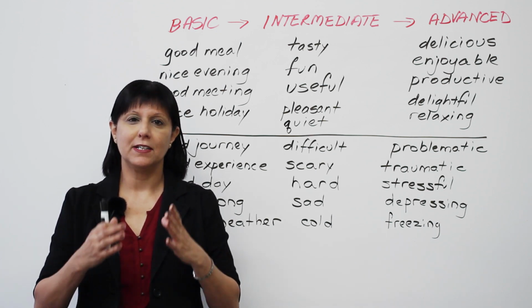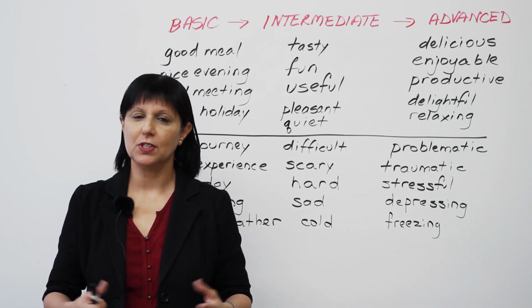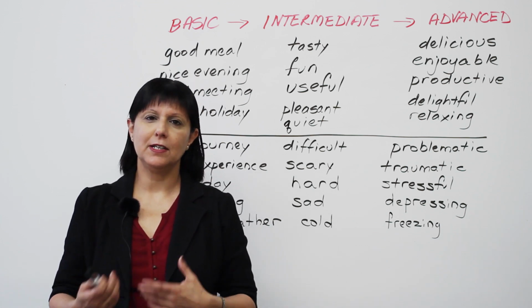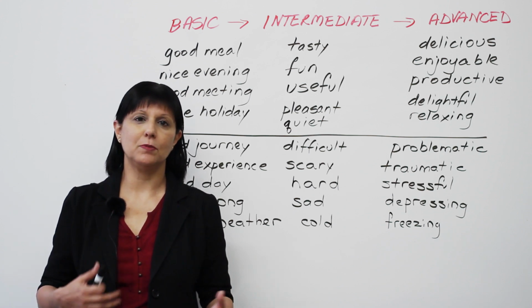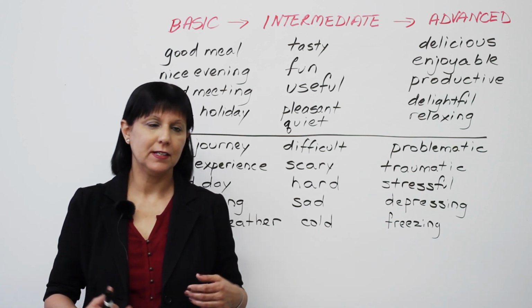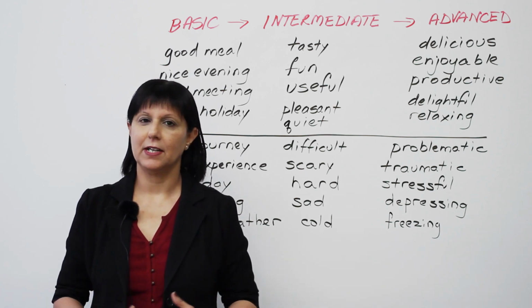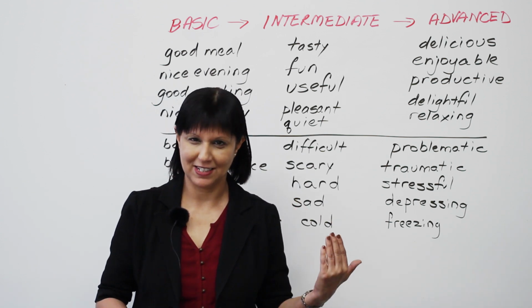Try to avoid good, nice, bad. Even interesting is overly used. So try to find better and better words. After a little while, it will become second nature. It will become second nature means it will come to you more automatically to use a more interesting word, a more dynamic word, and a more energetic word than simply saying good or bad.